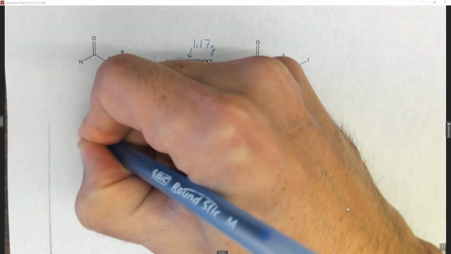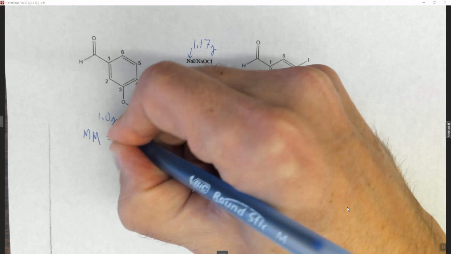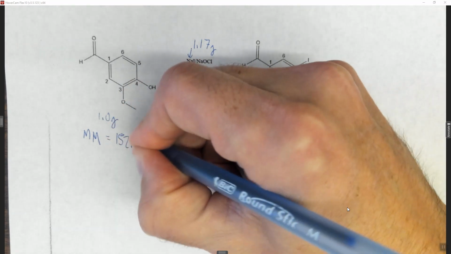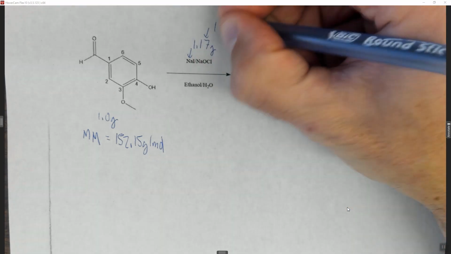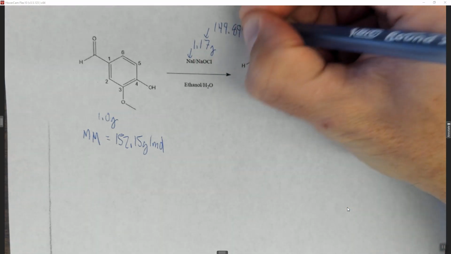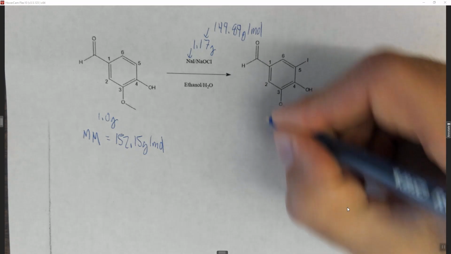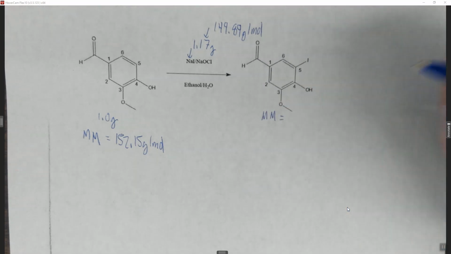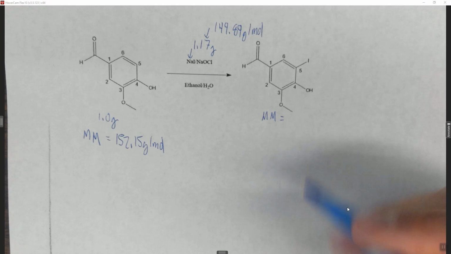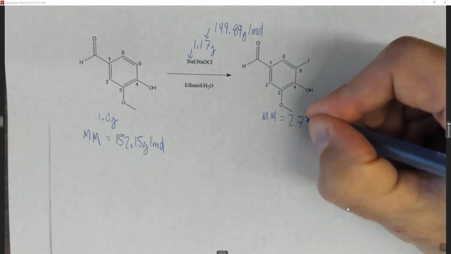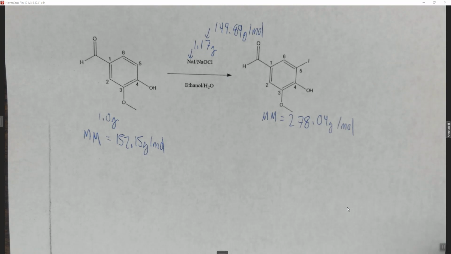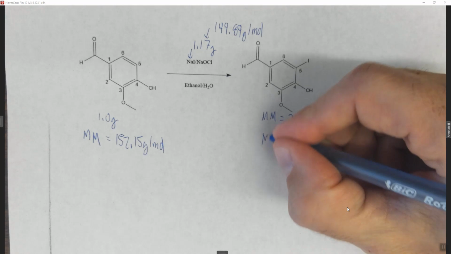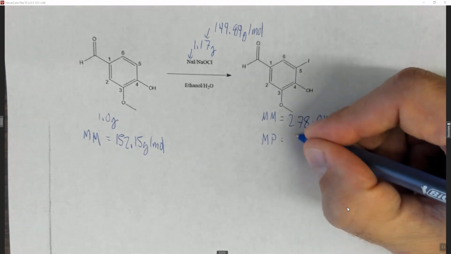Now, you're going to need to know that the molar mass of this compound is 152.15 grams per mole. The molar mass of this compound is 149.89 grams per mole. And the molar mass of this compound, the vanillin, is going to be 278.04 grams per mole. The other thing you're going to need to know, because it will come up because you're going to do the melting point to test your product, is the melting point of this compound is about 180